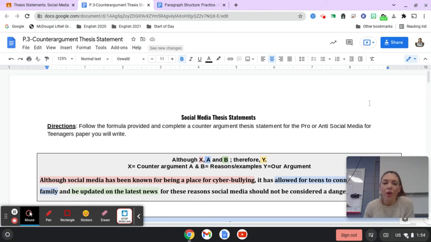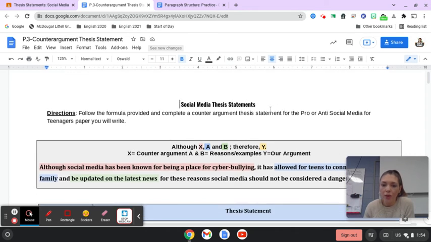Hello. I want to go over thesis statements, especially the one that we're going to be working with, which is counter-argument thesis statements, and how we are going to use that to help build paragraphs. So today in class, we were able to go over the paragraph structure. Prior to that, last week, we started working with counter-argument thesis statements. So I just want to do a quick refresher because they're going to help to identify what our topics are